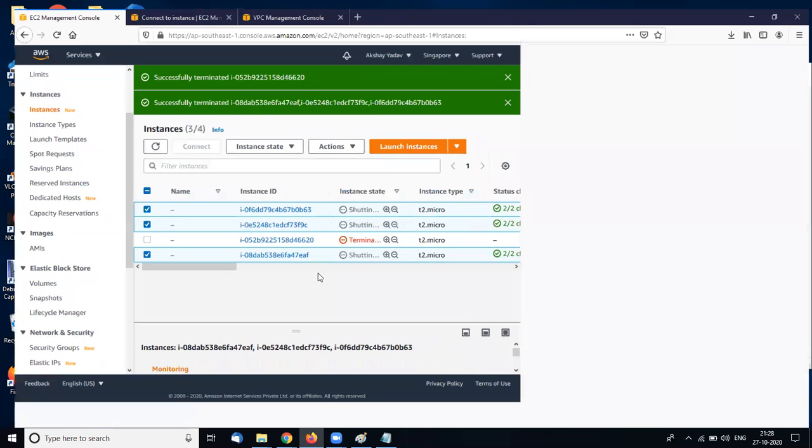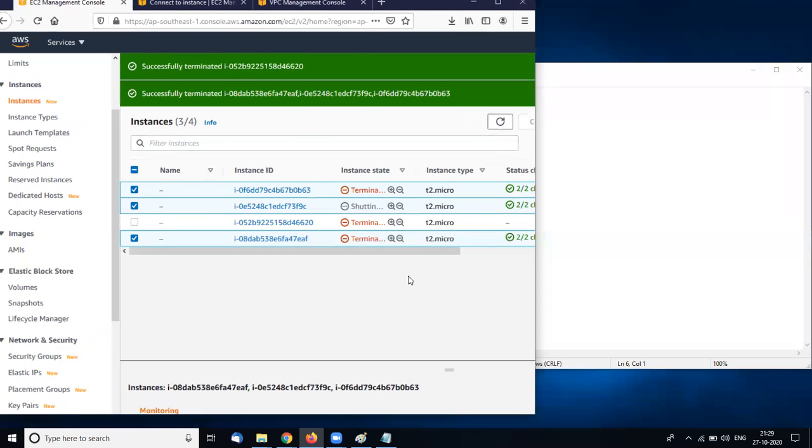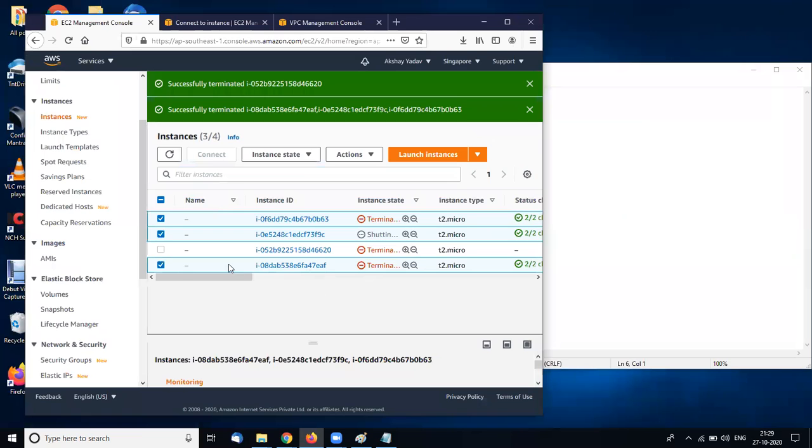So as you see, firstly we create only the minimum value, two instances. When we give the load to the server, like 90% or 100% CPU utilization, then the auto scaling group automatically creates two more servers to manage the traffic, to manage the utilization of CPU. Okay, so when this server is terminated, the auto scaling group automatically launches two instances.